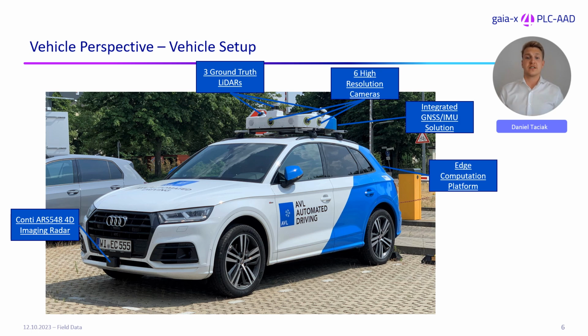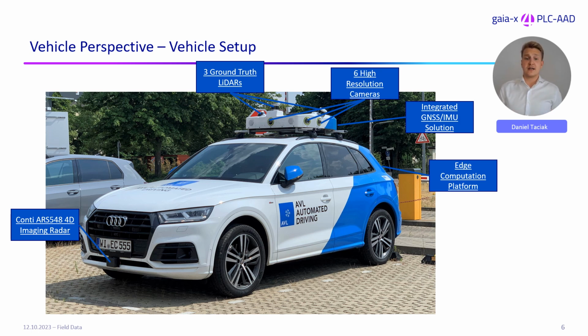Some of you may have already seen this car at one of the previous Gaia X events in Brunswick. This Audi Q5 is equipped with various precisely calibrated sensors, most of which are placed in the rooftop box we call DGT, Dynamic Ground Truth. It consists of three high-precision ground truth LiDAR sensors which generate a 360-degree measurement of the surroundings in form of a point cloud. We will see a short example of how that looks in a minute. To support this LiDAR data, the DGT is also equipped with 6 high-resolution cameras in various angles, namely 3 in the front, 1 on each side and 1 in the back.